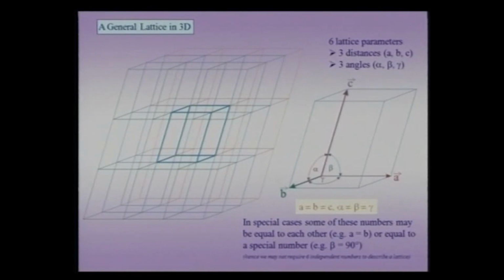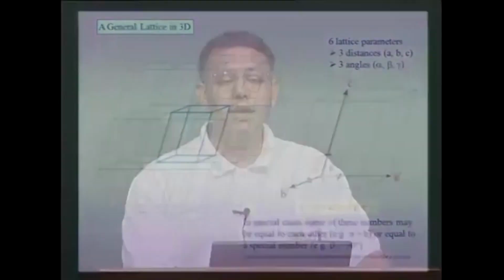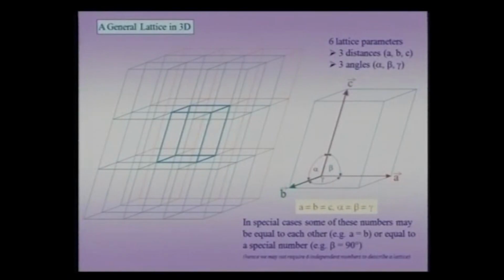Now, this was a very special case of a 3D lattice which I started off with. Let me now switch to the other extreme case wherein we have the most general possible 3D lattice, wherein I have no constraints on alpha, beta or gamma, and A, B and C also happen to be independent parameters which can take values depending on the kind of lattice I am considering, the size of the lattice I am considering. Now, let us try to visualize how this lattice can be constructed, starting with the cubic